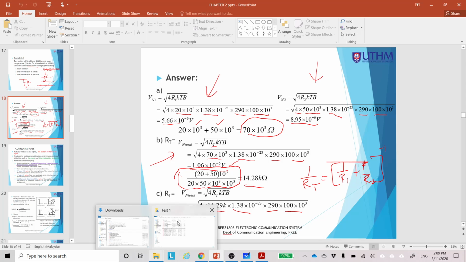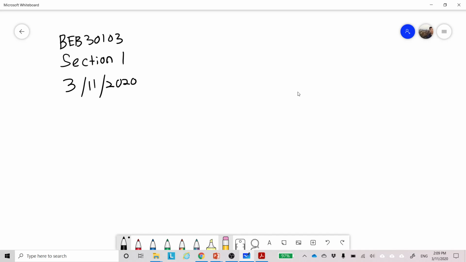Clear. Okay. So, untuk lecture pada hari ini, saya akan sambung topik berkenaan dengan chapter 2 iaitu noise. So last week kita dah sampai kepada slide number 18 chapter 2. Okay. So mungkin saya boleh refresh sedikit apa yang telah kita belajar sebelum ini. So last week kamu dah lihat berkenaan dengan